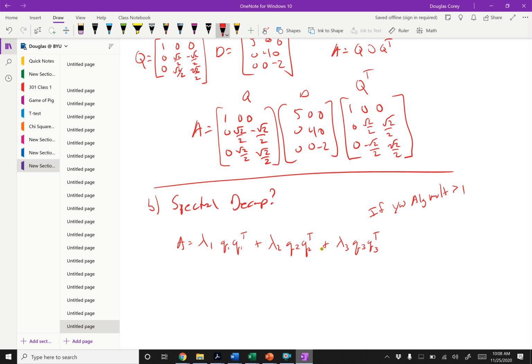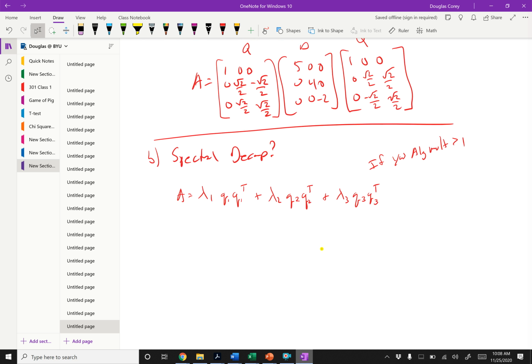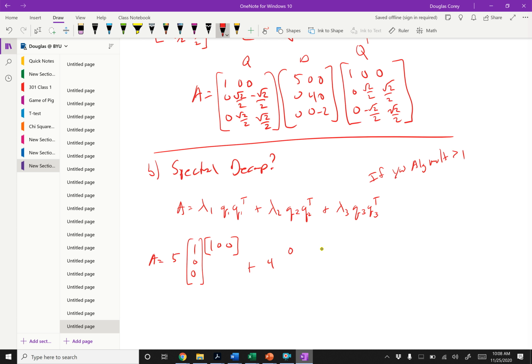So we can do this. So that means A, lambda 1 is 5. The corresponding vector in the orthonormal basis is 1, 0, 0, so the transpose is 1, 0, 0. There. 4, the corresponding orthonormal vector is the square root of 2 over 2, square root of 2 over 2. So there's the orthonormal vector, transpose, and a negative 2